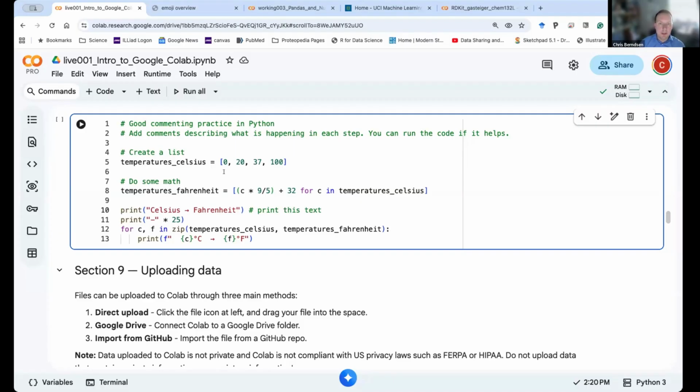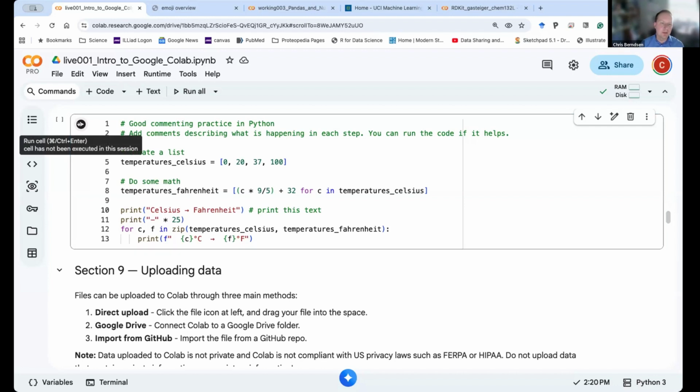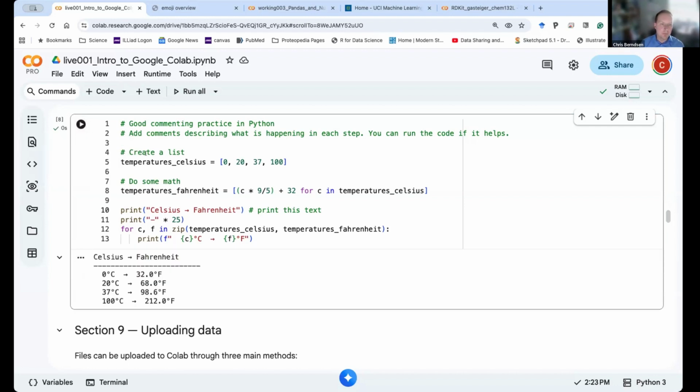Now, what if you downloaded a really cool repository from GitHub and you're working with it in Colab and you don't know what's going on? Well, a lot of times what I tell my students to do is see if the code runs and try to understand what happened by looking at the answer and then looking back at the code and going back and forth. So it looks like by inference, I've got these numbers 0 and 20 and 37 and 100. Well, that's in line 5, so that's my list. Then I did some math, it looks like, to convert it. And then I did something here. I don't quite know what this means yet,